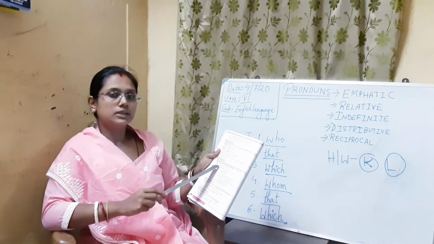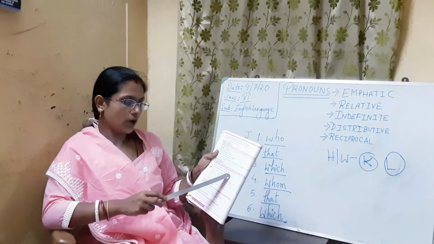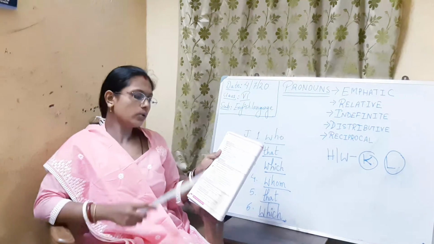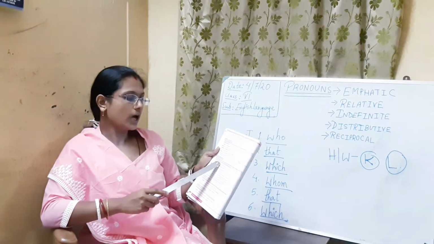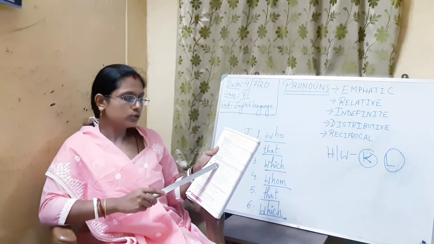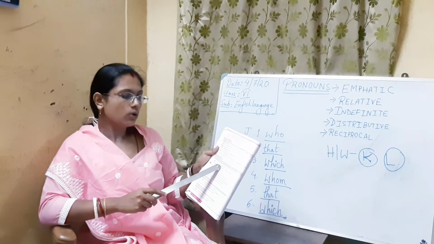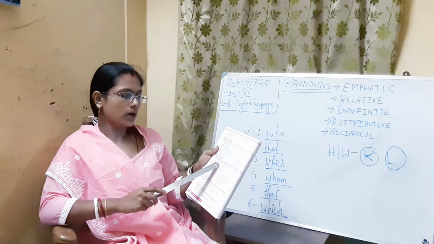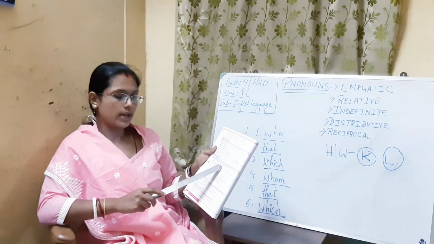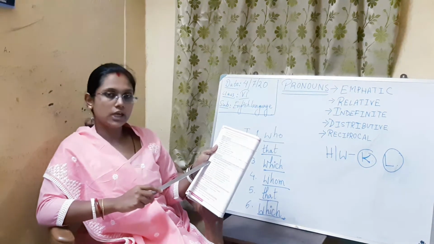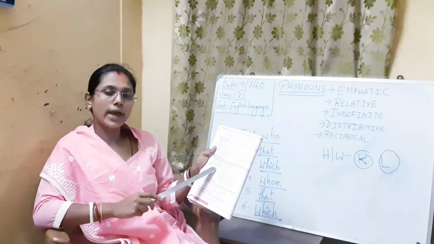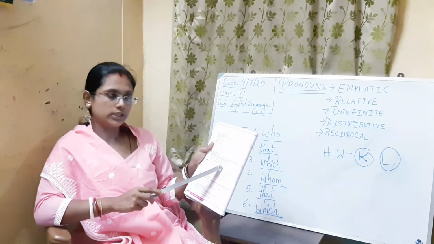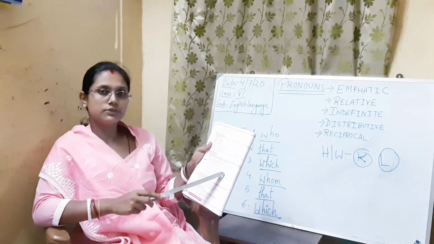For example, the boy who stole his wallet has run away. Here, in order to identify who that person is, the boy, we are using the relative pronoun who to relate this boy to the person who has run away with the wallet. So these two parts of the sentence we are joining together. The boy who stole his wallet has run away. Words like who, whom, whose, which and that are used as relative pronouns.